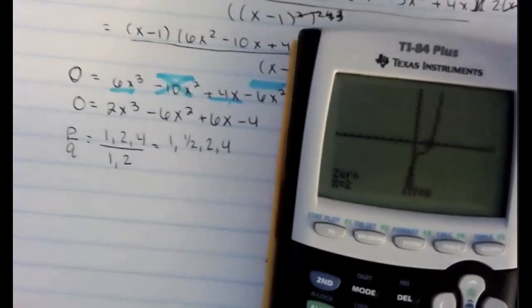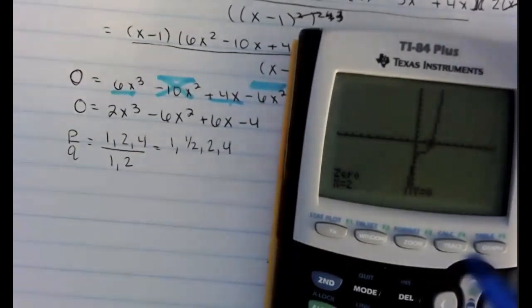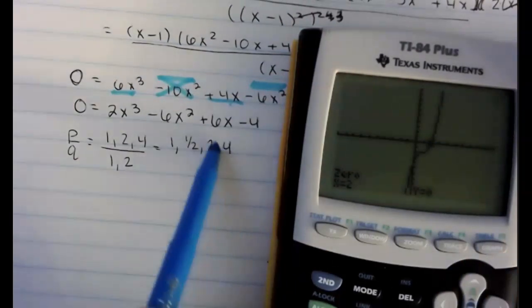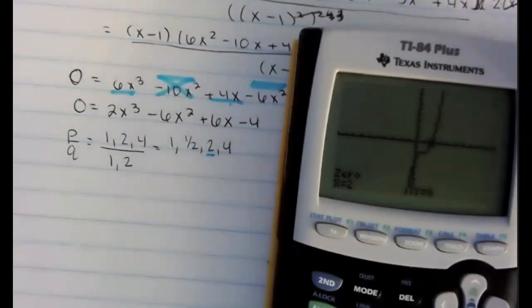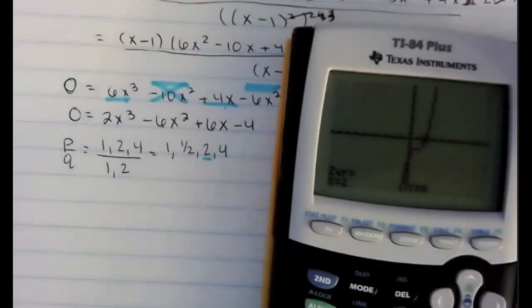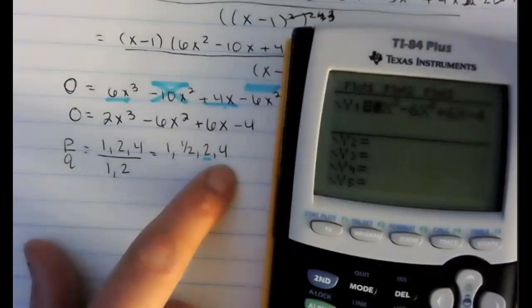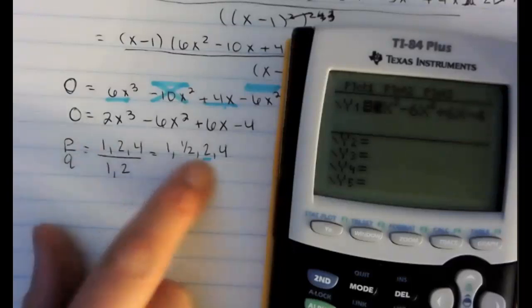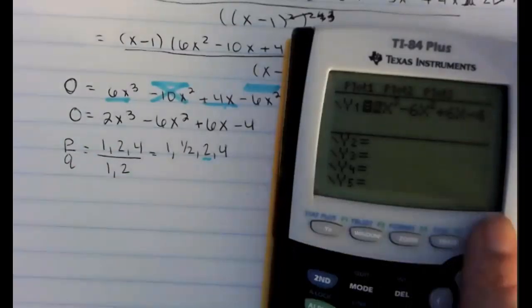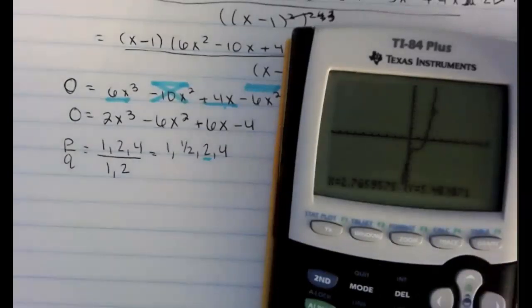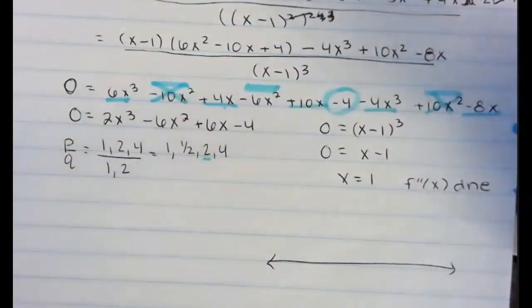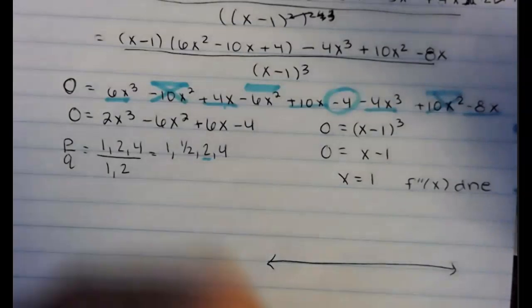You can actually see that at 2, which is what I was getting into, plugging in here, we have a 0, so we can use x equals 2 on my number line as well. All I did was type in my function in y equals, and again I told you we knew the p divided by q, so I knew my potential roots were plus or minus any of these values, and we can see from the graph that we actually have one at 2. So x equals 2